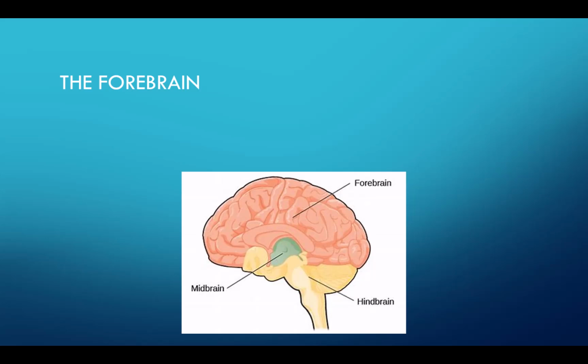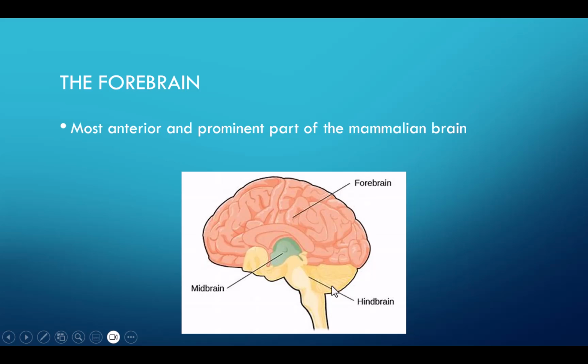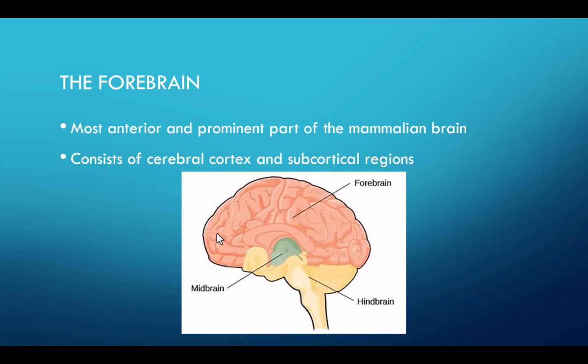So the forebrain is the most anterior and prominent part of the mammalian brain. We've already talked about the hindbrain, which contains the pons, the medulla, and the cerebellum. We talked about the midbrain. Now we're going to talk about the forebrain, and it consists of the cerebral cortex, which you can see here, and then all the subcortical regions which are